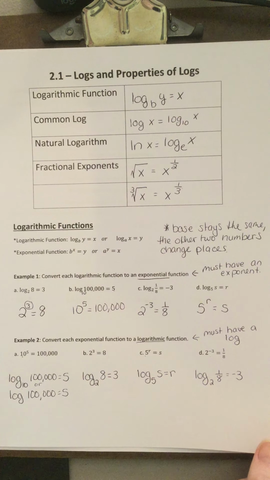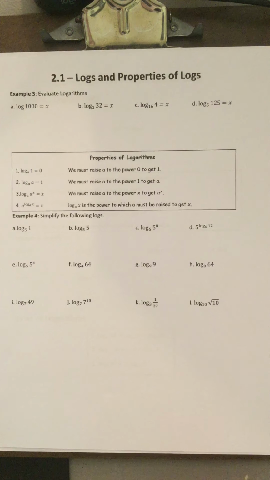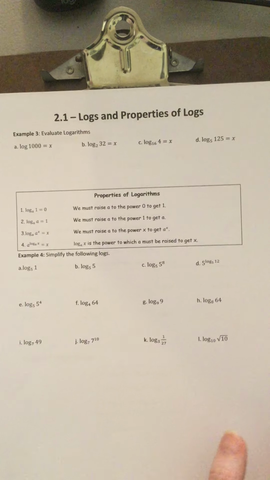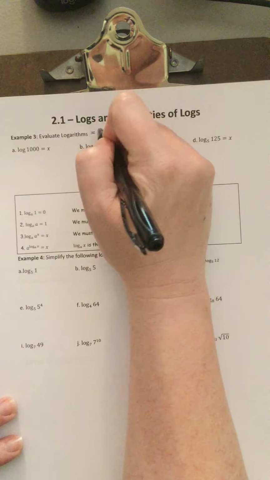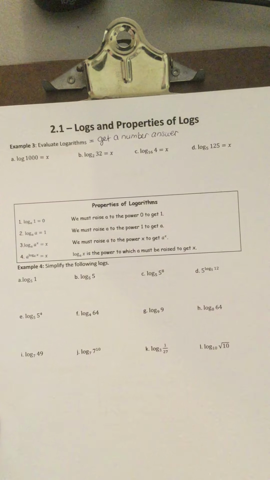All right, so second part is evaluate. So if you see the word evaluate, that means get a number answer. All right, so the way I do these is I write them as exponents because for me, it's much easier to see what I'm solving for if I write it in exponential form. All right, so for the first one,